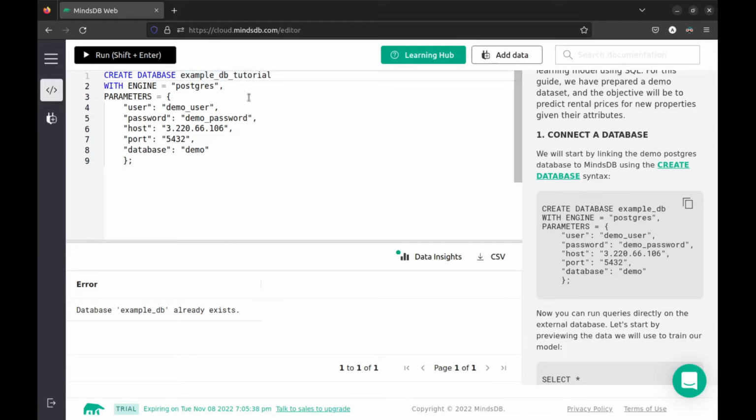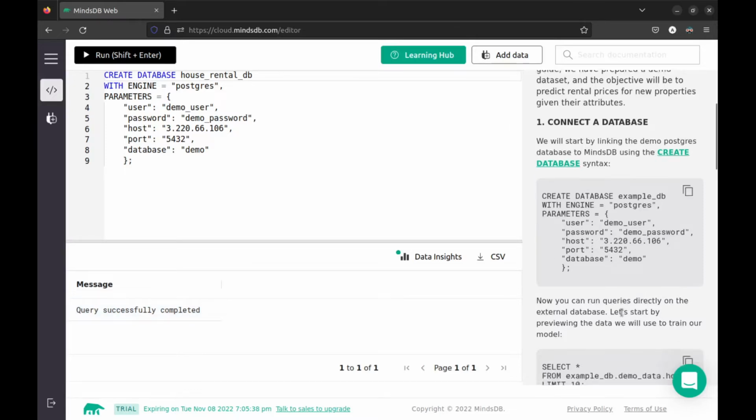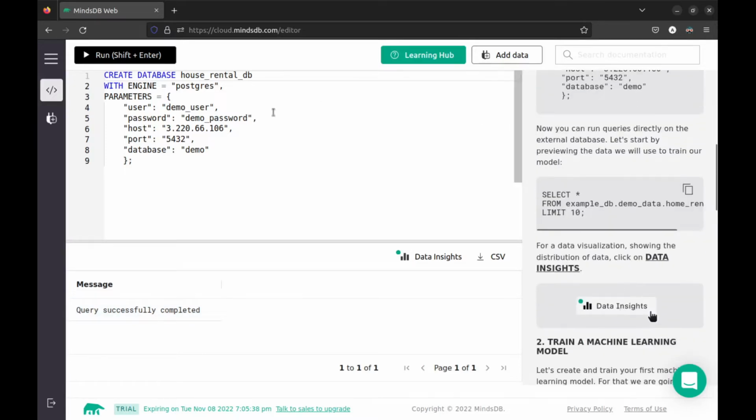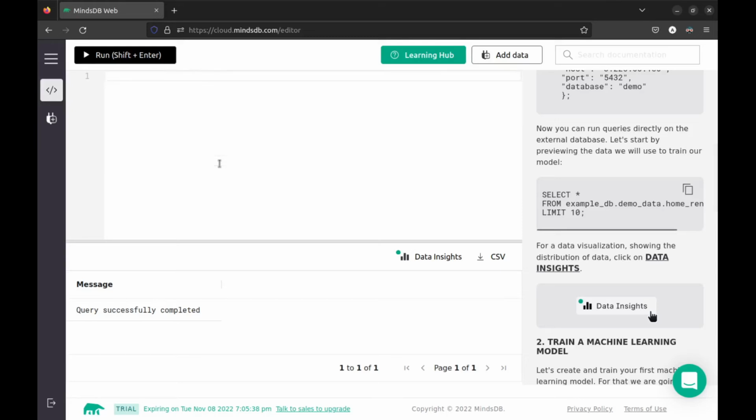Let's say it's house rental database. Yeah, now we can see the query has successfully run and it created house_rental_db. Now let's see what the content of the data is. Let's replace it with house_rental_db,